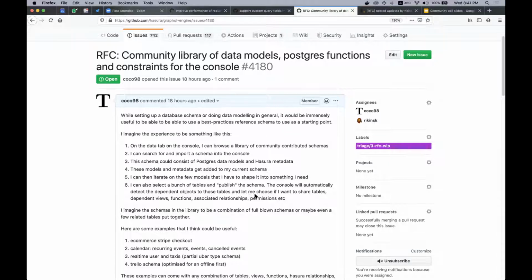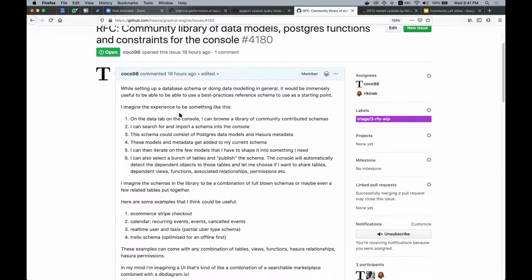So the way I imagine this experience working is, let's imagine that you're on the data tab on the console, and you have a small search bar on the main schema page where we today see untracked tables and tracked tables, with the option of browsing a community library. As you browse that library, you can search for stuff. So you can say I'm searching for an e-commerce or location, right? Or Trello, right? Let's say you search for a few examples,